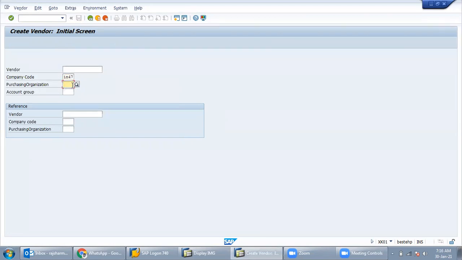What is the purchasing organization? Suppose we have a company in Odisha, and our corporate office is in Kolkata. The plant location is Odisha, Bhubaneswar, and the registered corporate office is in Kolkata. Some spare parts or goods are not available in Odisha, so we must procure from the Kolkata corporate office, right?